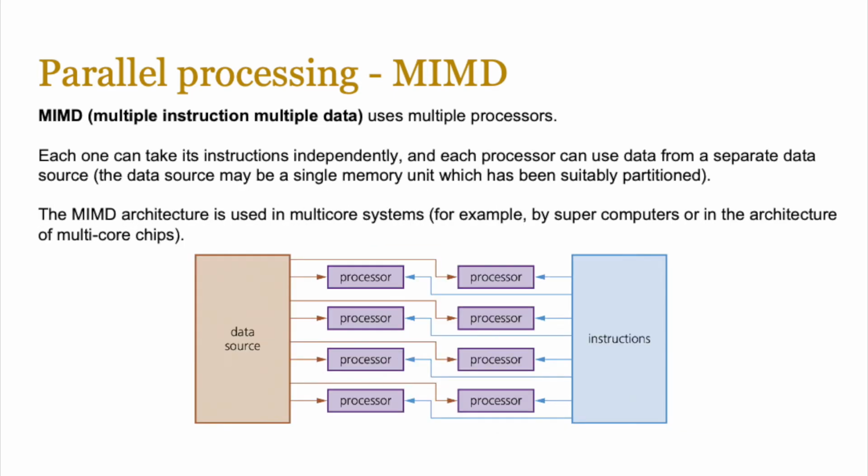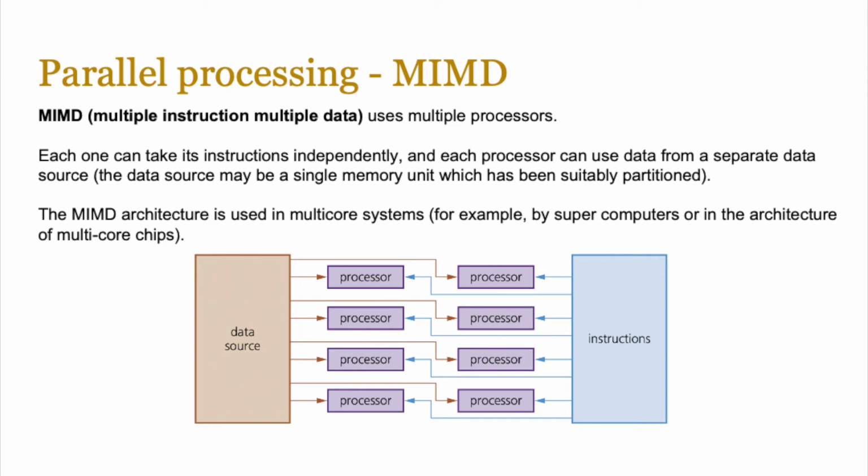And finally, we have MIMD, which stands for Multiple Instruction, Multiple Data, and this also uses multiple processors. However, the key difference here is that each processor can take a different instruction and then apply it to a different data source. So think about the previous ones. Sometimes you had one instruction applied to different data sources. Sometimes you have different instructions applied to the same data source. This one uses multiple instructions, so each one takes its instructions independently,